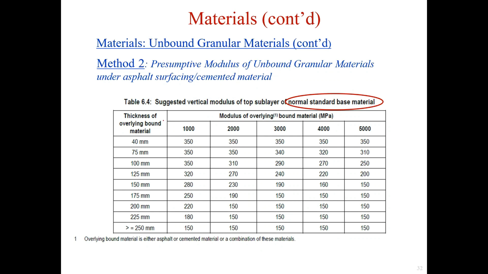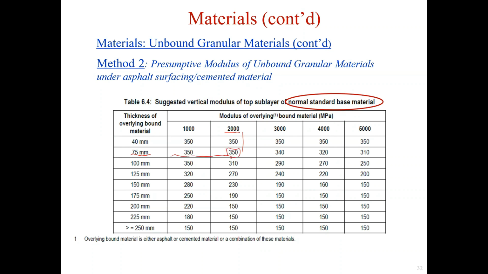The first column in the table is the thickness of overlying bound material, and the second row is the modulus of overlying bound material. If the thickness of the overlying bound material is 75 millimeter and the modulus of overlying bound material is 2000 megapascal, then the vertical modulus of the top sublayer of normal standard base material is